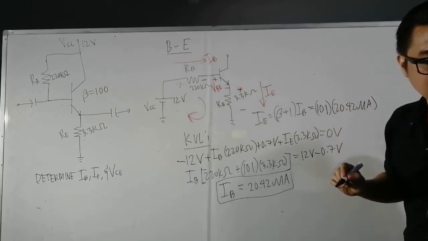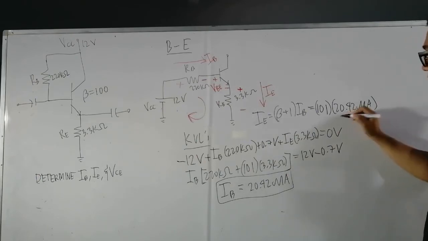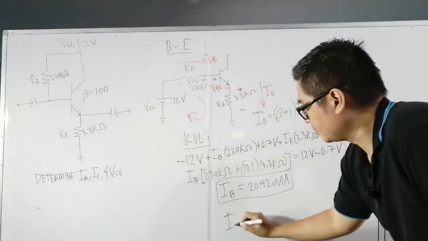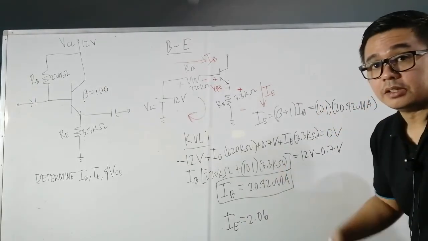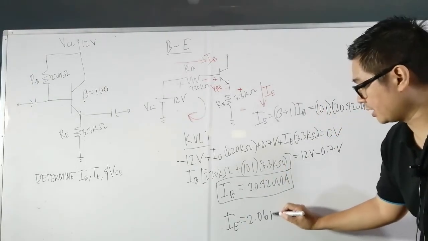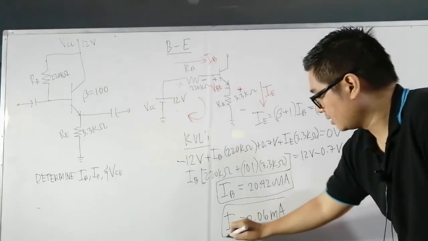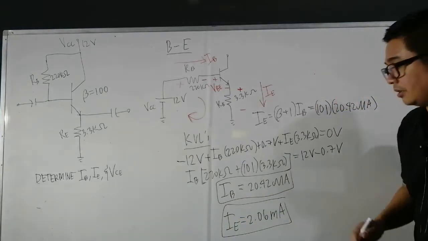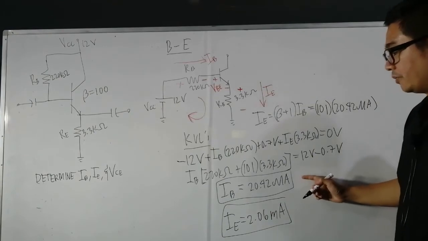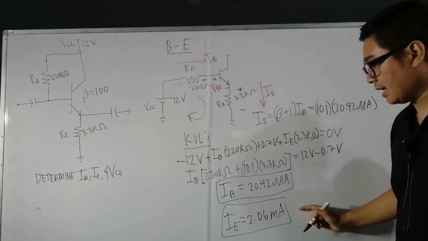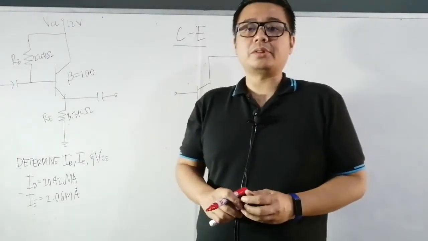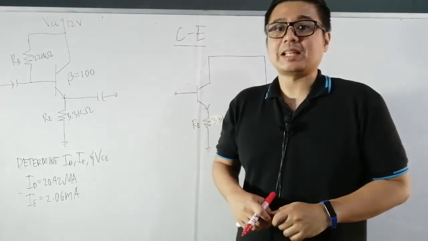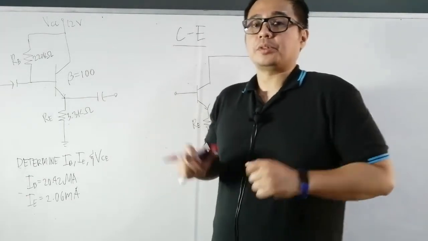Therefore, IE is equal to 2.06. So, i-round off natin to 2 decimal places. 2.06 milliamperes. We have IB of 20.42 microamperes and IE of 2.06 milliamperes. Now let us proceed to the collector and emitter terminal side, which is actually the output side of the